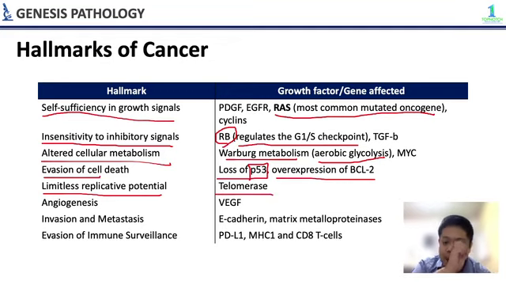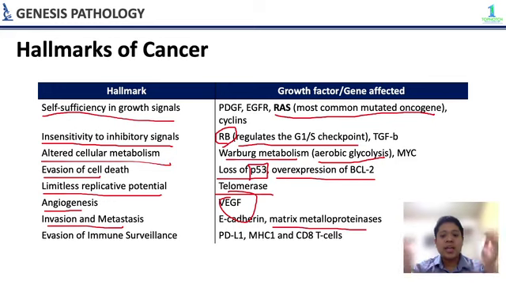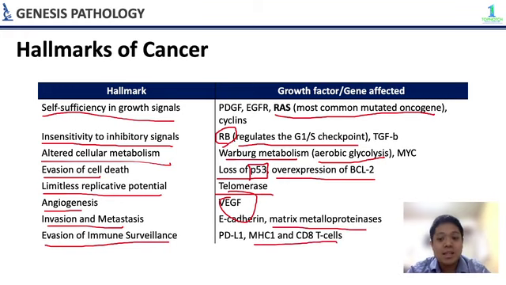So yung mga cancer cells have telomerase para sobrang dami niyang telomeres, di ba? Para hindi siya maubusan. Angiogenesis naman, mediated by VEGF. You have your invasion and metastasis using E-cadherin and matrix metalloproteinases. So, ang ginagawa ng mga to, kinikleave nila yung nasa gitna ng mga endothelium para the cancer cells can go out of the blood vessels and go into other sites. Okay? And then you have your evasion of immune surveillance using MHC1 and CD8 T cells.